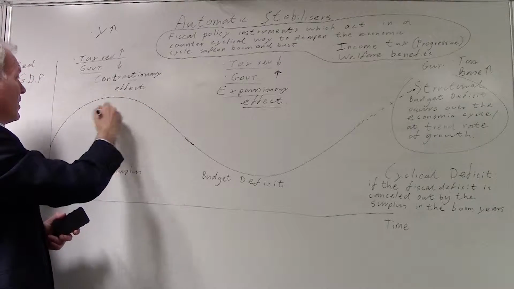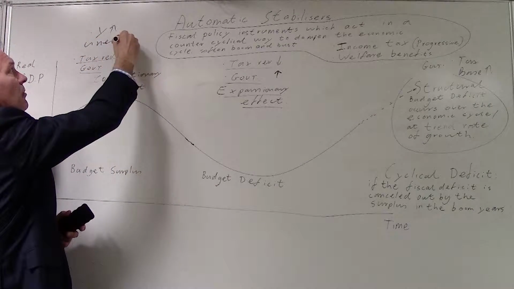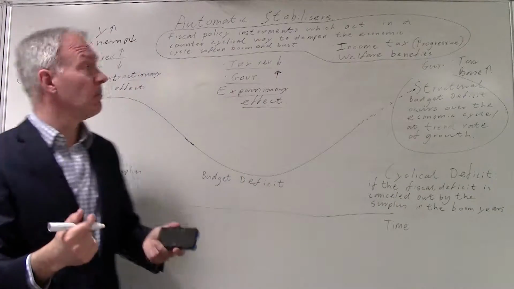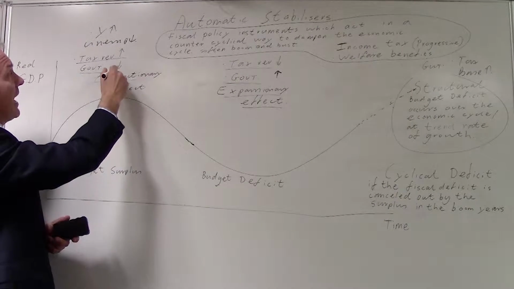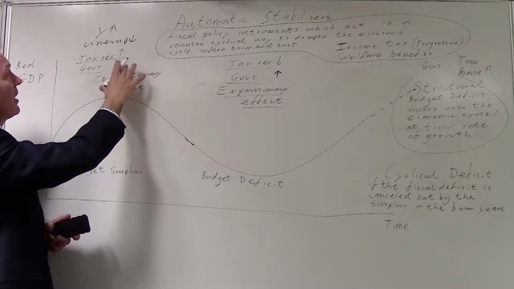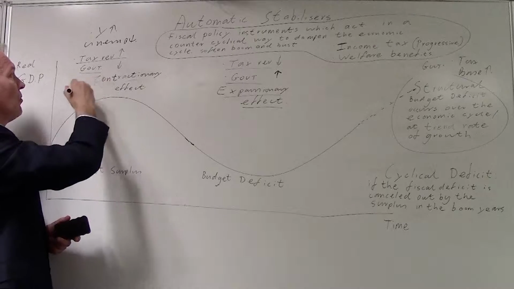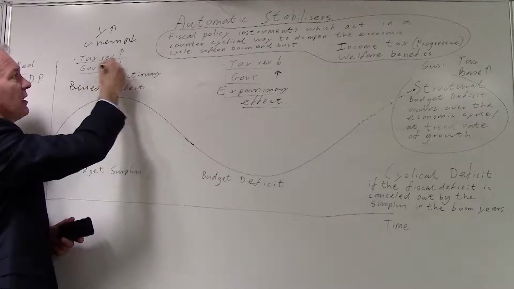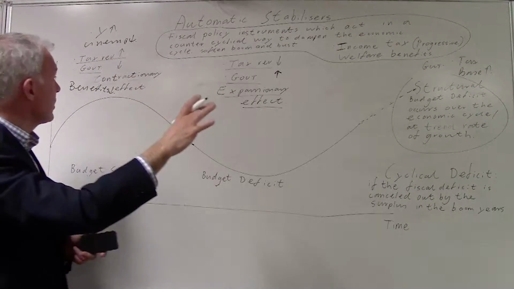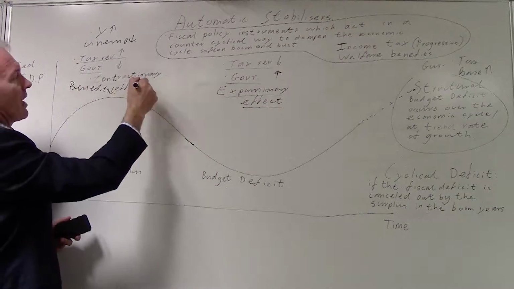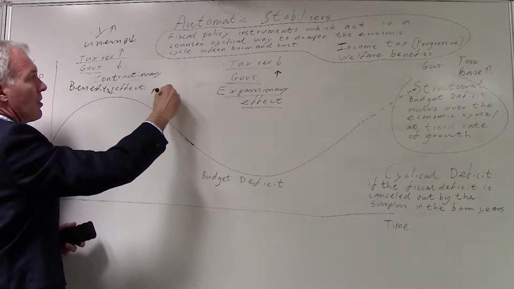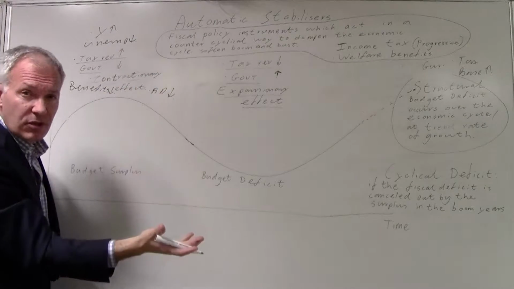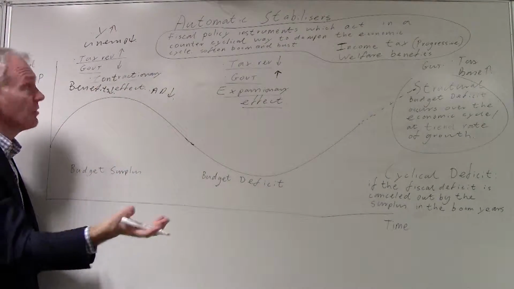Meanwhile, in a boom there's likely to be a fall in unemployment, and people on low incomes might have an increase in incomes, so therefore there'll be fewer benefits that are paid out. So there'll be a fall in benefits that are paid, and therefore there'll be a fall in government expenditure, other things being equal. And of course this has a contractionary effect on aggregate demand. So the increase in tax revenue reduces disposable income, reducing aggregate demand.